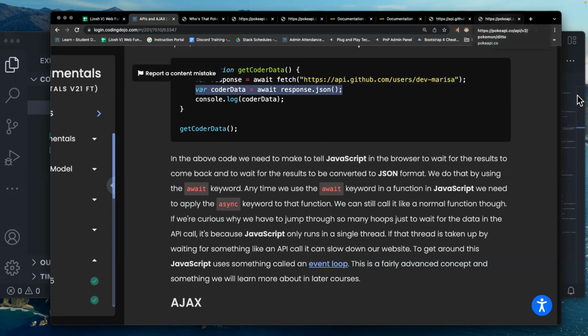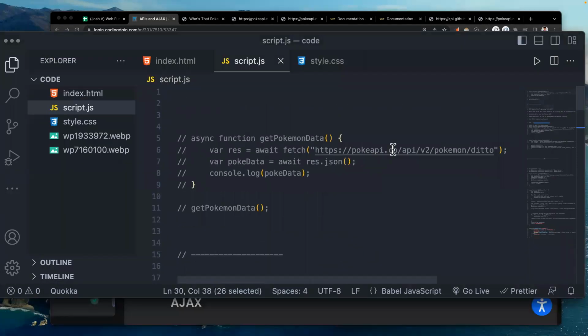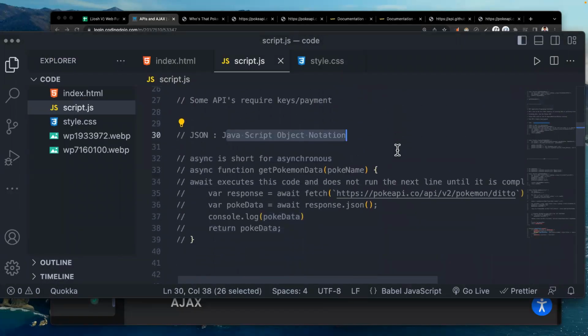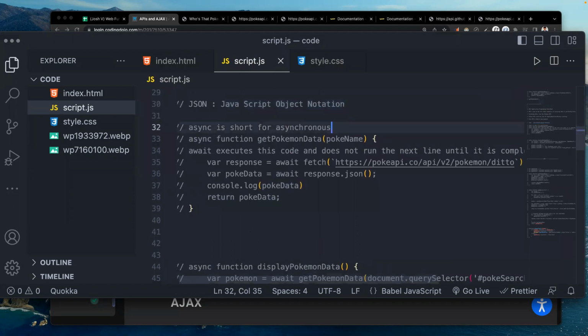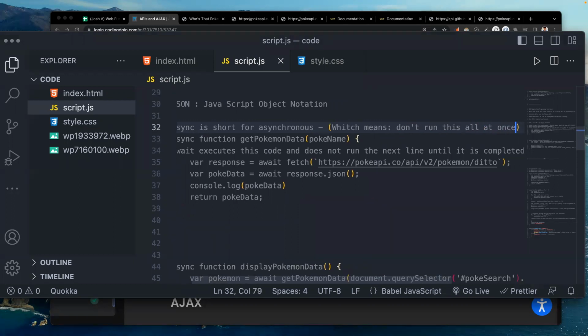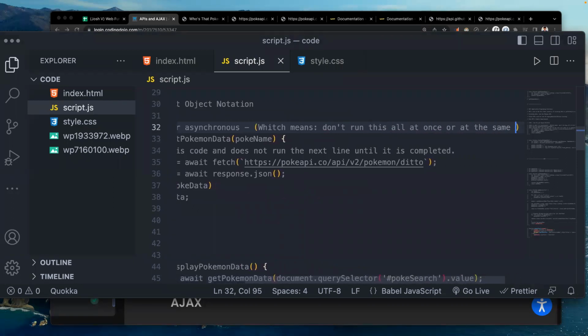Okay, so where were we? Async is short for asynchronous, which means don't run this all at once or at the same time.